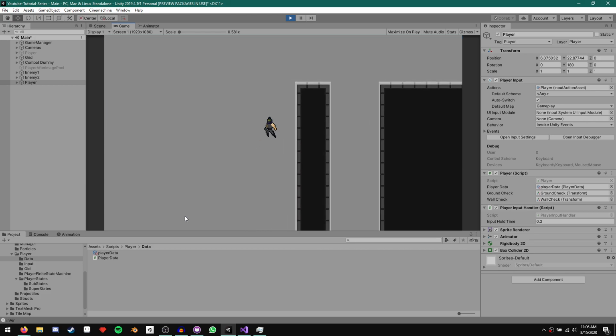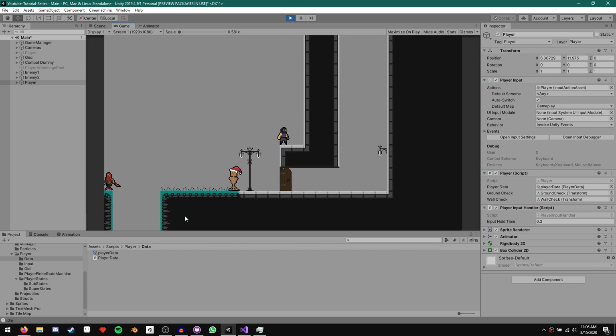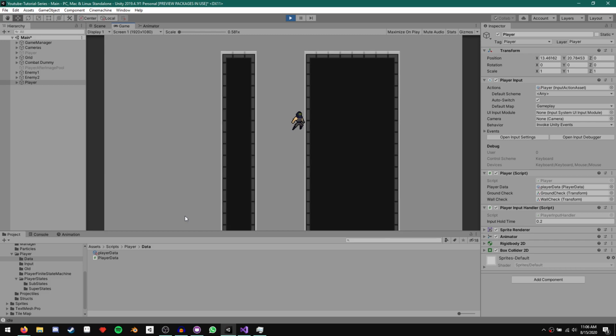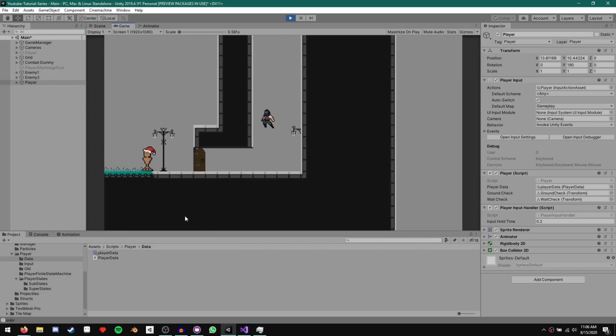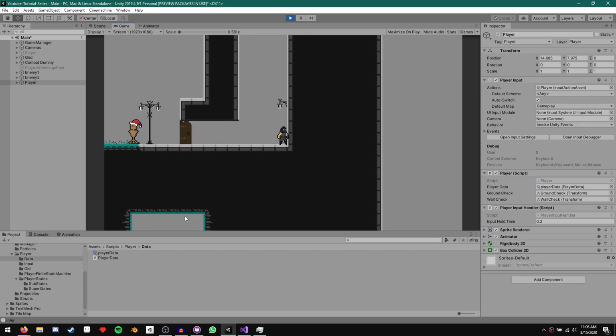And as you can see, if we jump on this wall, we really can't jump up just one wall. We do need 2 walls to be able to jump up all the way. Perfect, so this is working quite well, and as you can see, that was so easy to add with this state system. The next thing we need to do is, let's add a transition from our is touching wall state